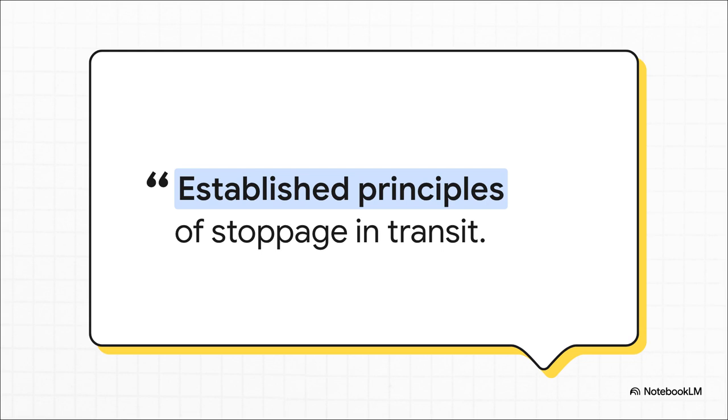The ratio decidendi, the final verdict of the court, cemented the rule that a seller's right to stop the goods during transmission is paramount to protect them from the buyer's bankruptcy. The absolute relevance of this case is that it birthed the very statutory provisions we just read in sections 50 to 52. So box the case name, underline it, make it stand out.